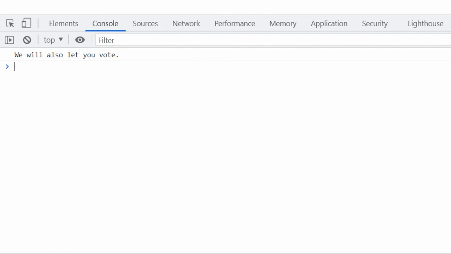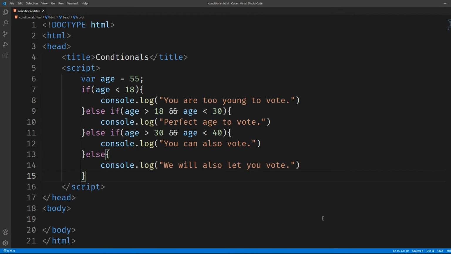So this is how we can write conditionals in JavaScript using if, else if and else statements. In this video we have seen that there was one more operator, the fifth operator, that is the ternary operator, that we had seen in the previous slides, but we hadn't discussed that. We were told that we'll see that in the coming videos. So in this video it is the perfect time to discuss that.